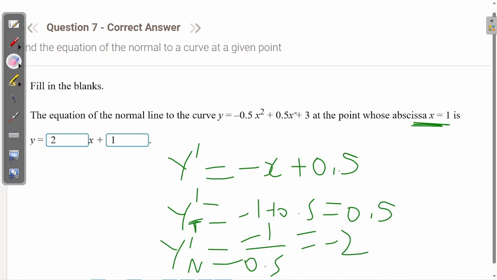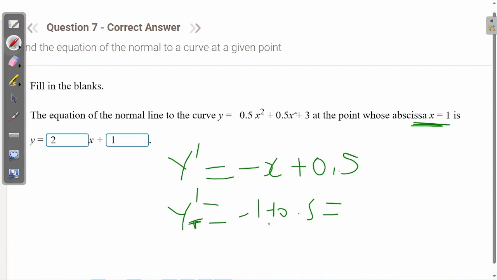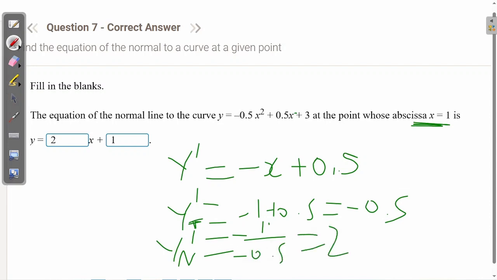Wait, I made a mistake. Negative 1 plus 0.5 is negative 0.5. So the y prime of the normal is going to be equal to negative 1 over negative 0.5, which is equal to 2. Then we do y minus